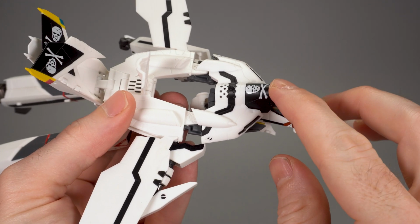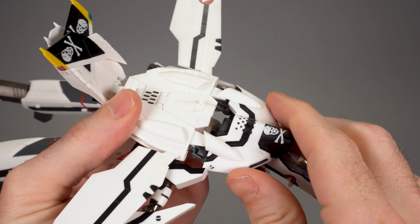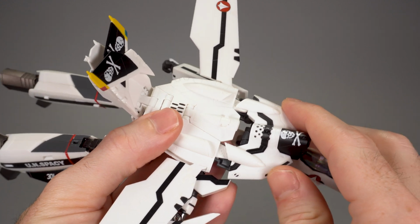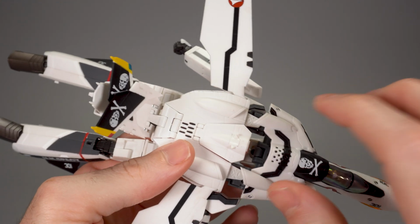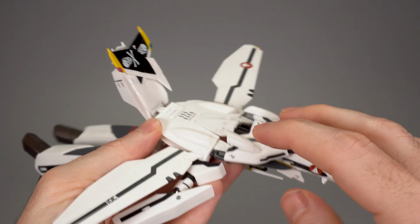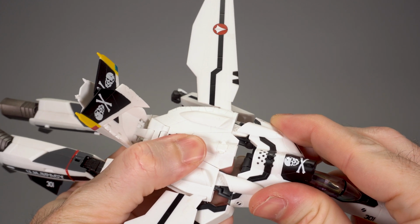I've got the heat shield now in that upright position. I'll bring my trap door down, and then I'm gonna line things up so that the chest is coming back onto the backpack. And what I need to do is apply pressure down as I slide back if I'm really worried about this thing